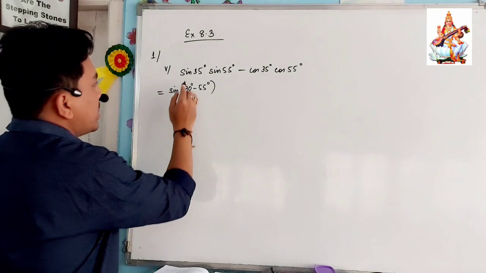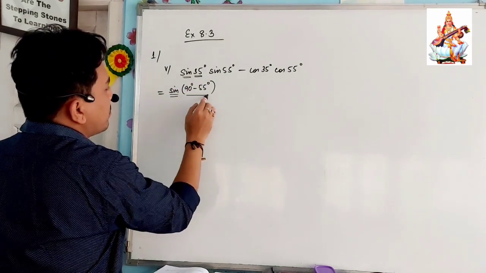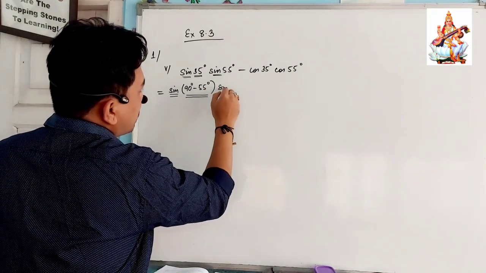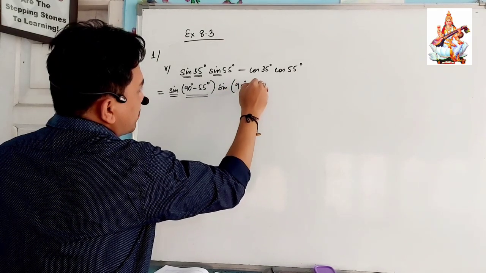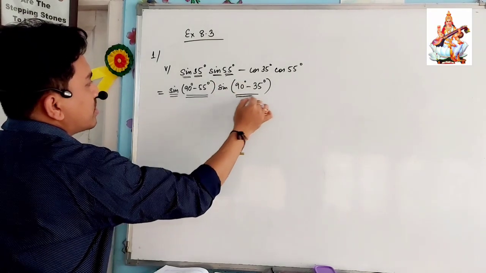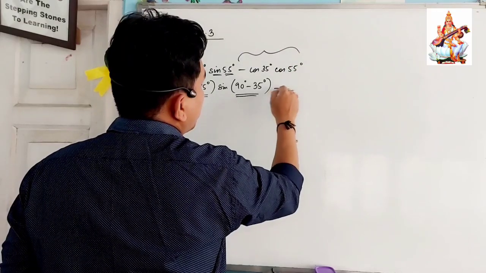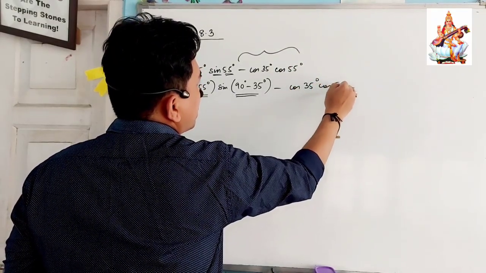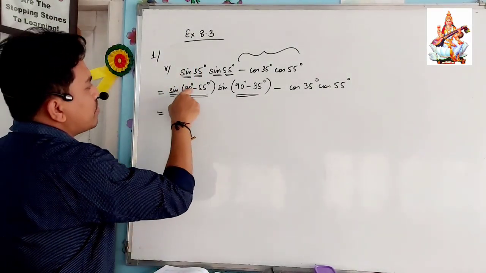35. See, sine we have written same sine. In place of 35 we have written what? 90 minus 55. Okay, again this sine will be same. 55 can be written as what? 90 minus 35. Can we write? In place of 55 we have written what? 90 minus 35. Okay, now the remaining part will be same. This part will be same. Minus what? Cos 35 cos 55. This will be same. Okay, now according to the formula, sine 90 minus a will be what?